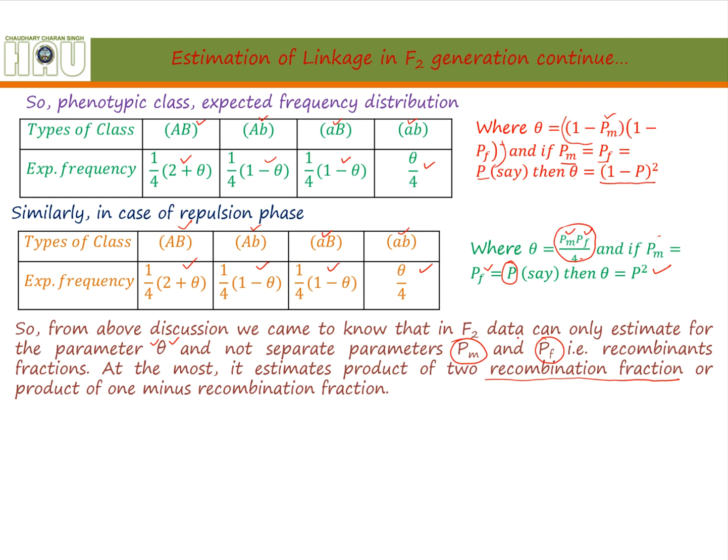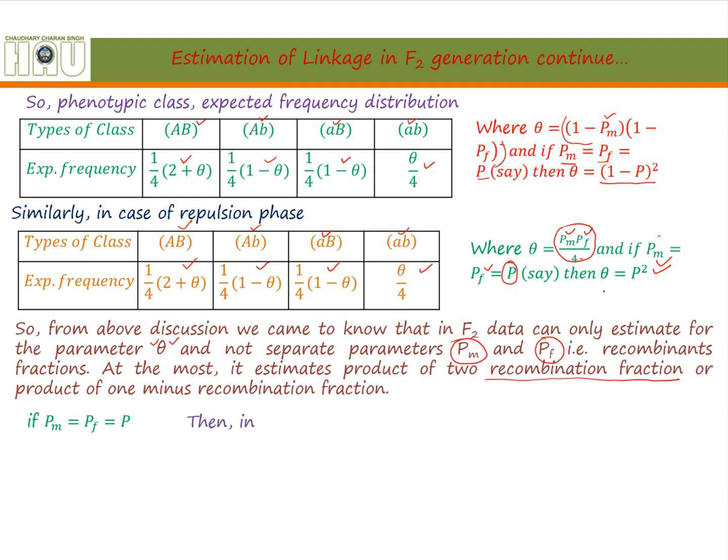Clear? Now, if the recombinant fraction of male is equal to the recombinant fraction of female, and this is further equal to say P, then what happens? Then in repulsive phase, theta will be equal to P square. When theta is equal to P square, then you can estimate P by just taking the positive square root